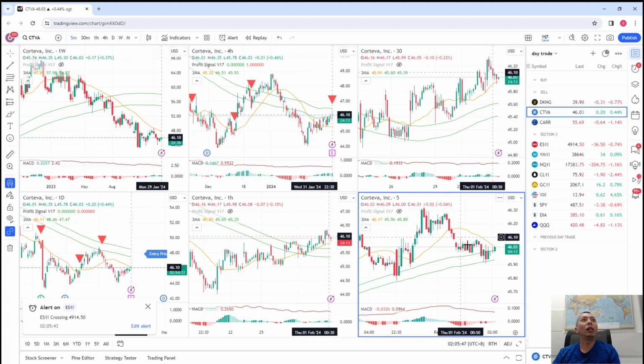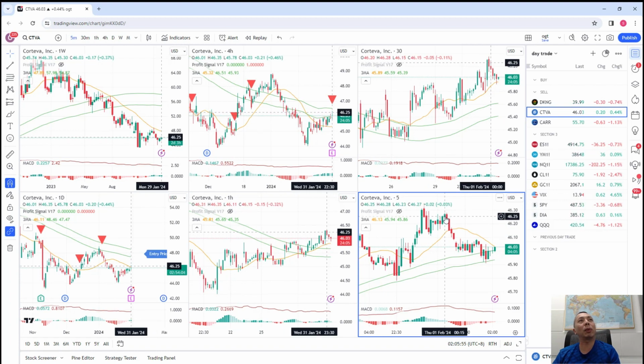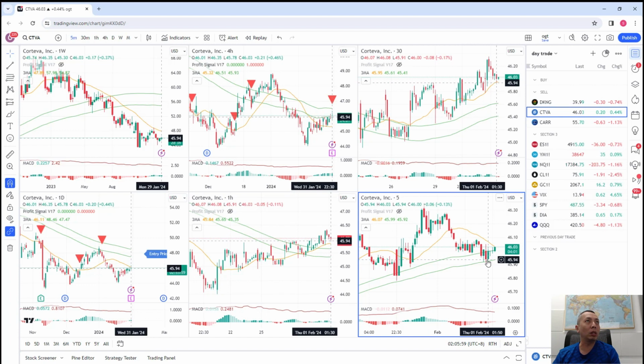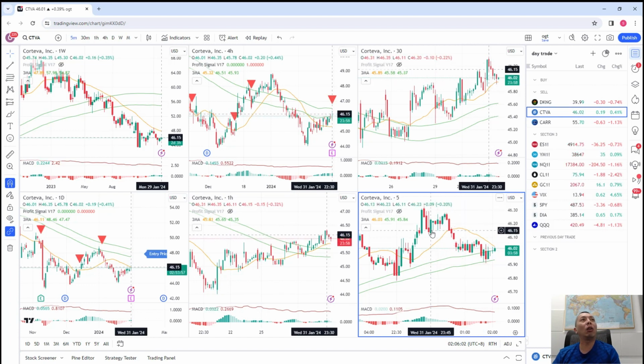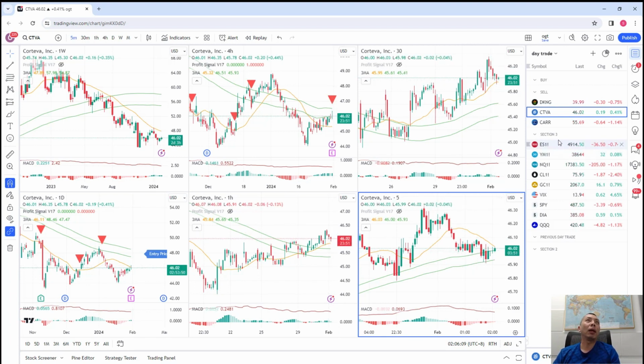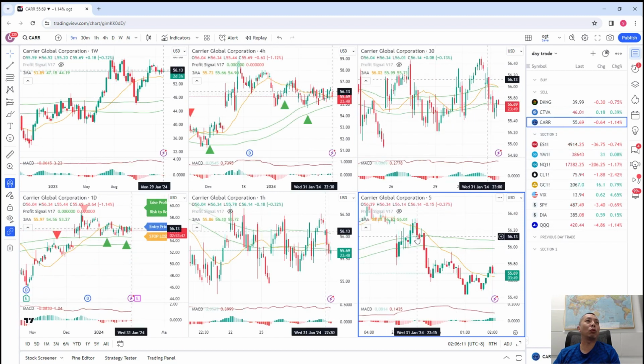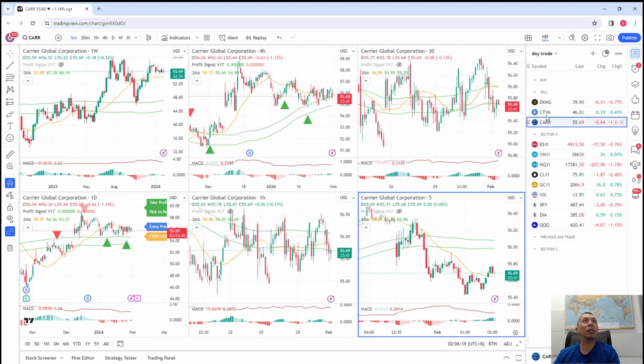And I would say if they had waited, the entry price would have been so much better, and the risk to reward would have been so much better. But anyhow, even if you enter somewhere at this price now, it is still in profit. So I'm happy for them if they took the trade. Another one to short sell is car, and you can see that it is going way down. So basically today is about selling these three.